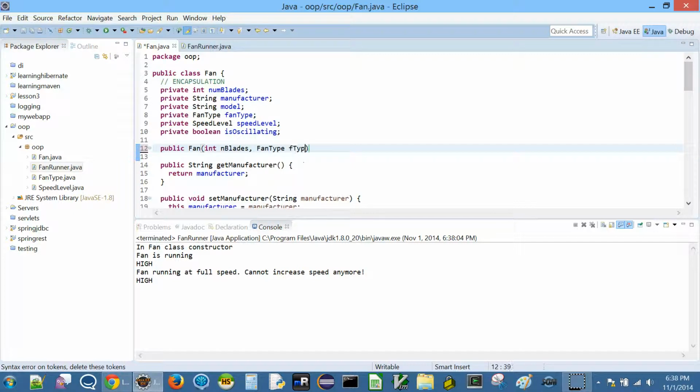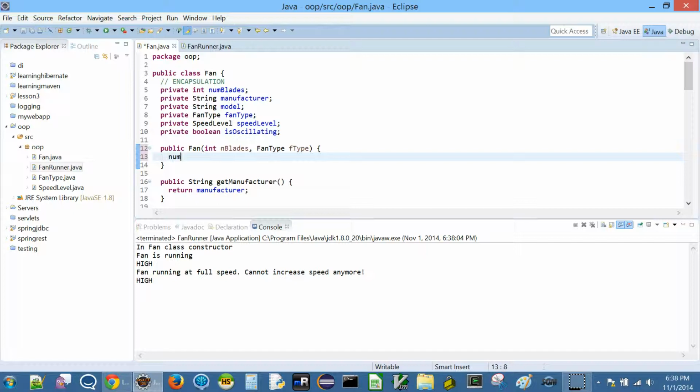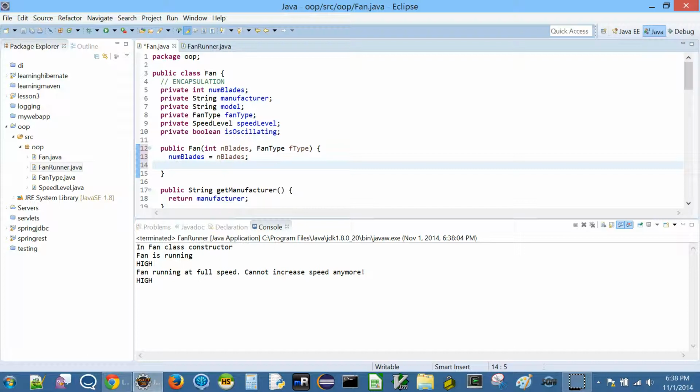Let me just call it fType like this for the sake of simplicity. Then I can say numBlades equal to nBlades, right? And fanType equal to fType. Okay, so those two are set.